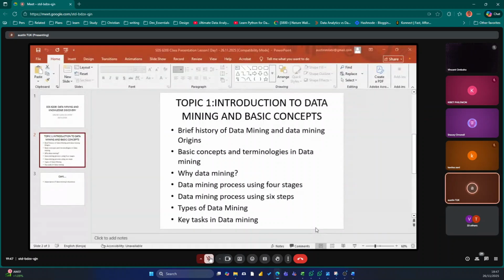Let me see whether the Wi-Fi I'm using has issues so that I use a different technology, because if you're not getting me, the class is not running as required. Give me a minute to make some corrections to my network connections.